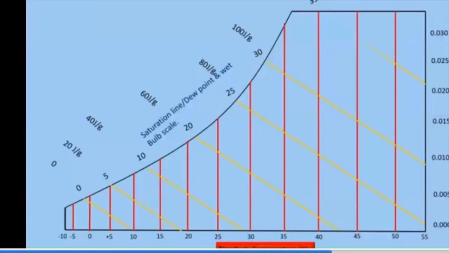Yes, now draw the wet bulb line. What I have shown in this video is also correct, but for your reference, from the dry bulb temperature, you draw the inclined line that intersects the saturation curve this way. So 30 degrees Celsius, I take it, it intersects the saturation curve over here, and from here you draw one inclined line that represents the wet bulb temperature. So this is how you represent wet bulb temperature. Next.